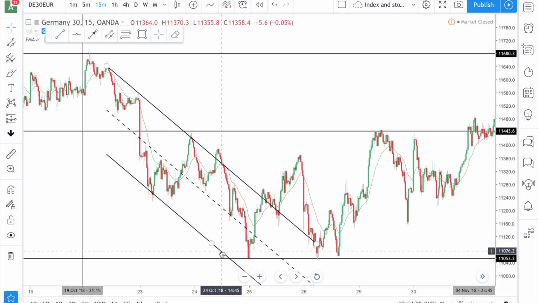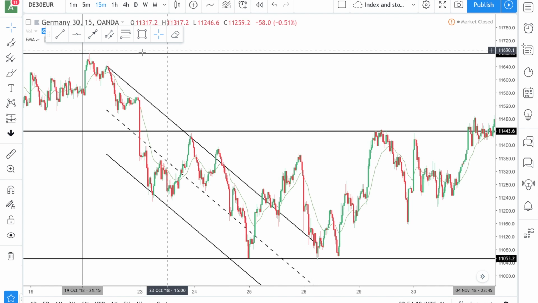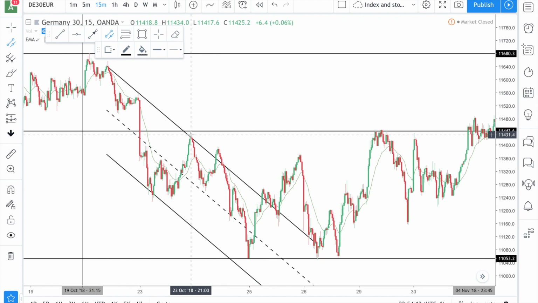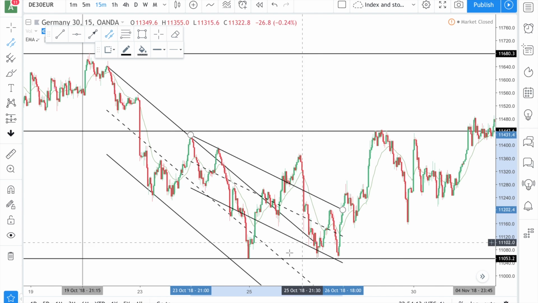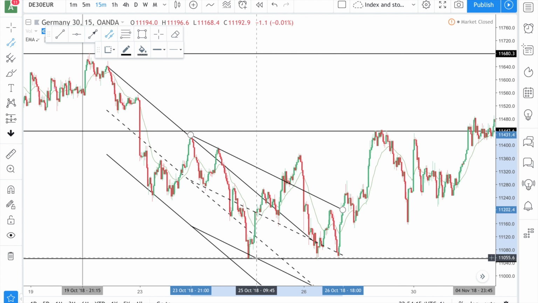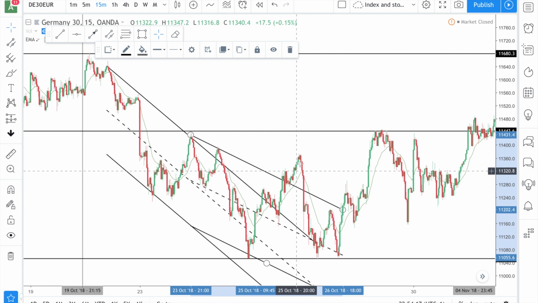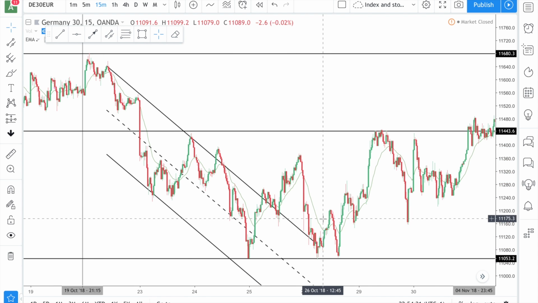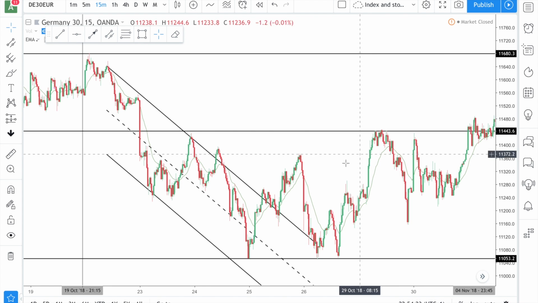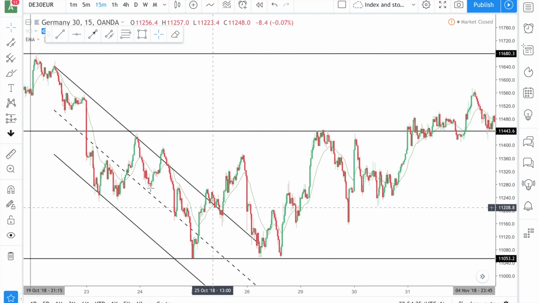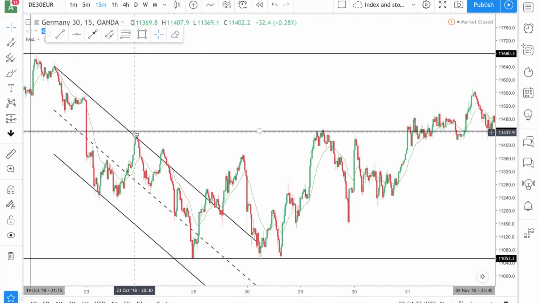Didn't make it all the way to the channel line. Perhaps the trend line was a bit flatter by then, something like this, but still close outside, retest of the lows,